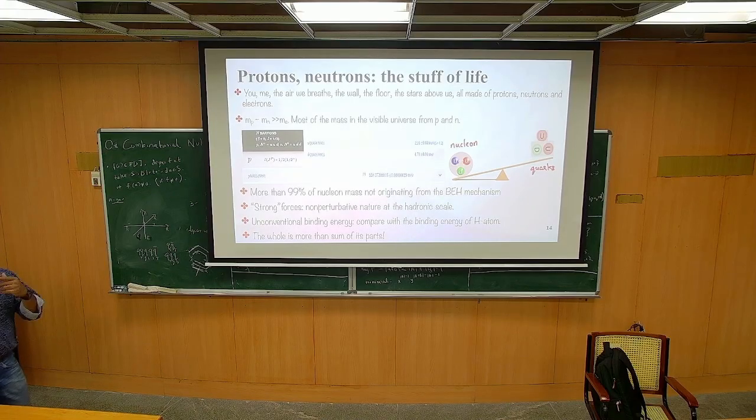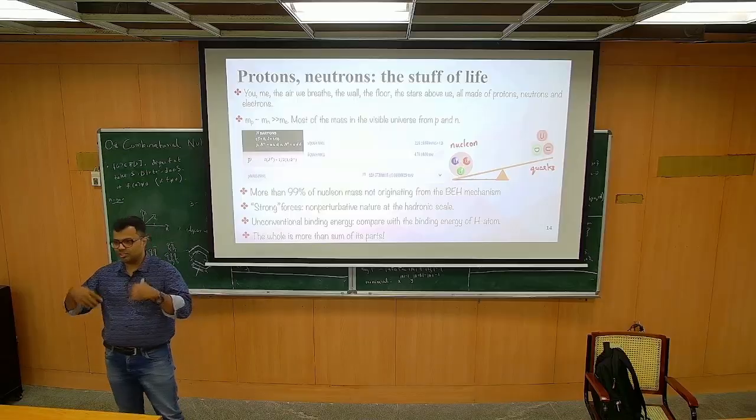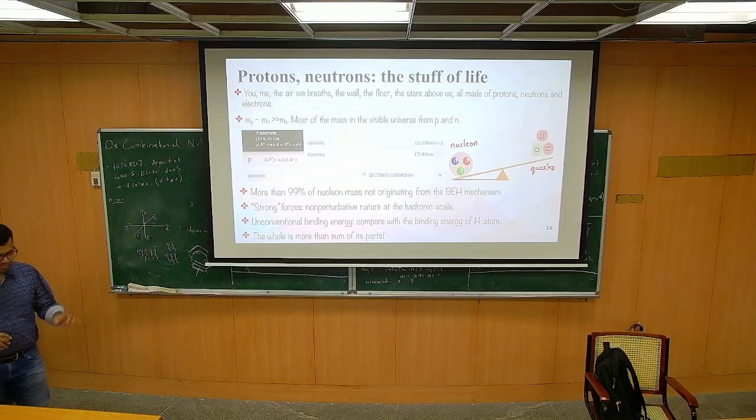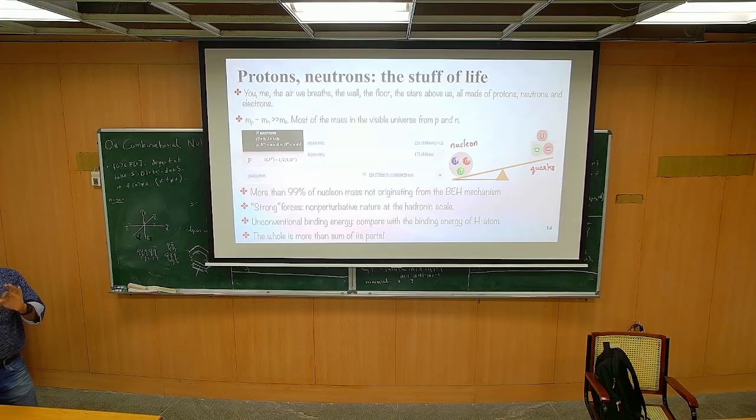So let's start by reanalyzing our hydrogen atom scenario that we have already talked about. We can consider the binding energy of the hydrogen atom. To start with, in the hydrogen atom we have a proton and an electron. Let's assume the proton is fundamental for the time being with respect to quantum electrodynamics. The proton has a mass of around 938 MeV, while the electron has a mass of 0.5 MeV. If you look at the tables, this is just 0.5 MeV, which means the mass of the hydrogen atom is approximately 938 MeV itself, because the electron mass doesn't contribute much.